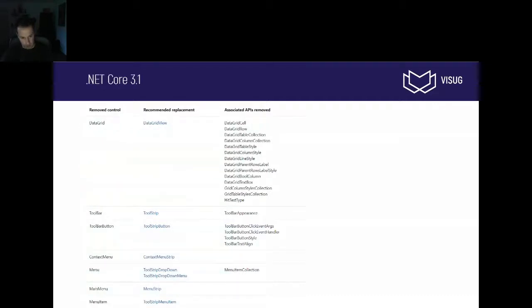So in WinForms in .NET Core, there are a few removed APIs, things that are really old that they just decided not to port over to .NET Core. And there's a list online. This is a screenshot of that list, also with the recommended replacement. So keep that in mind. If you are going to .NET Core and you know that your application comes from before the .NET 4 timeframe, then you might have some APIs that are removed that you need to replace.